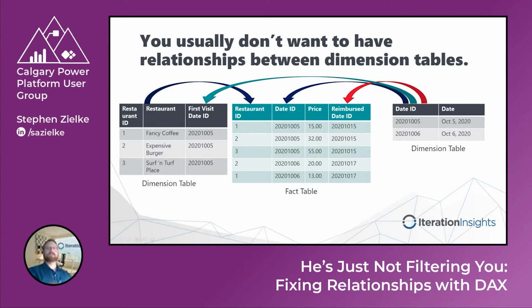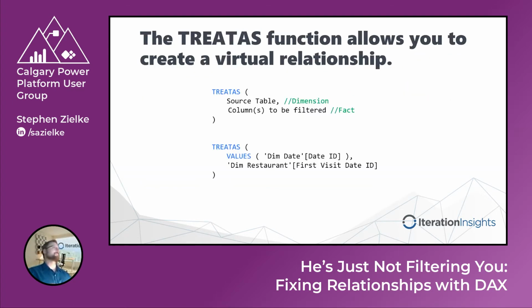But if you wanted to do it, one way to do it is in a measure, creating a virtual relationship. And one function to do that is the TreatAs function, which basically becomes a filter argument in CALCULATE like before. I'll show that, but just to